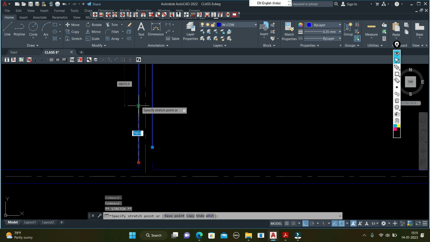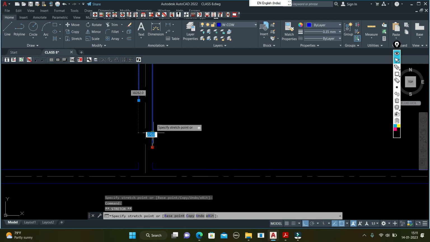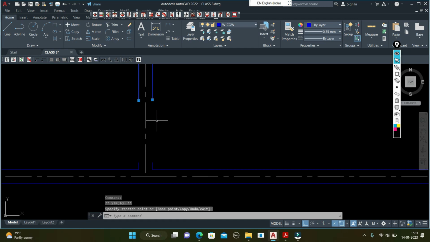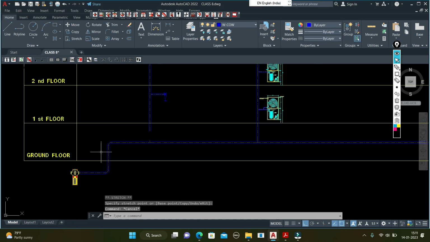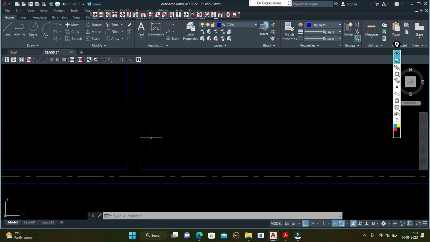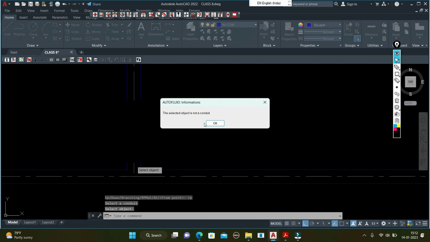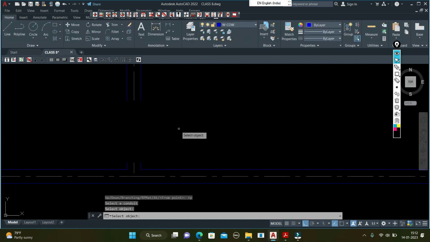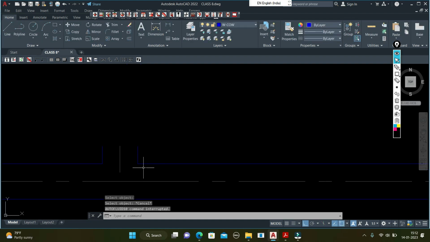Okay, for this riser, so that when it activates, it should show on the panel. Okay, so this is the ground floor. We place here alarm check valve and gate valve. Okay, the object is not conduit, no problem. We delete this one,